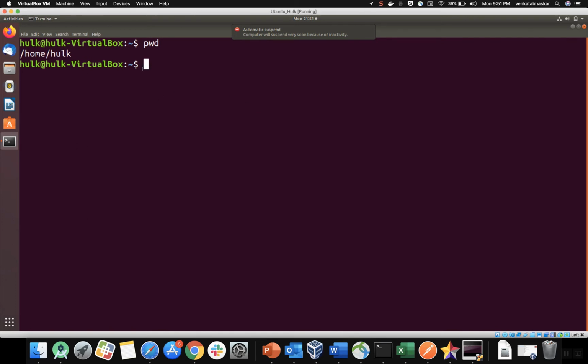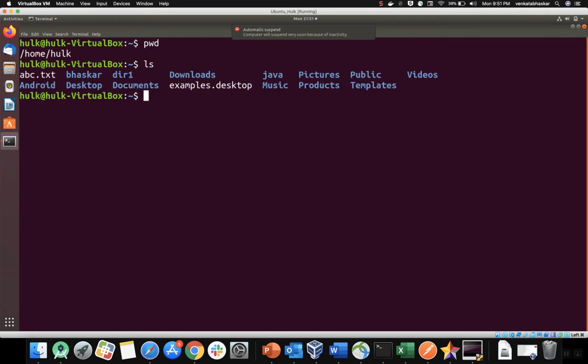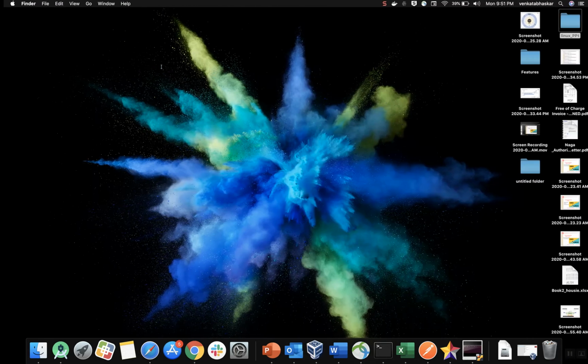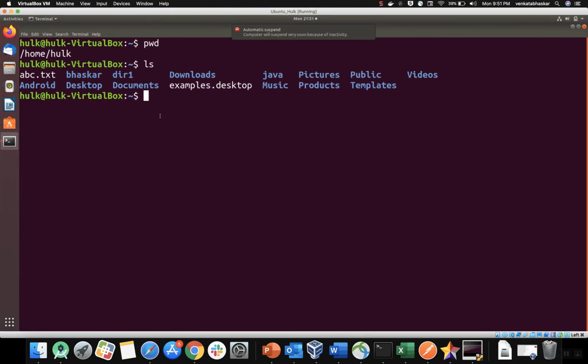Now simply I will use the ls command. See, it will display all the files without an argument. And next, ls space hyphen r. Now I am passing the argument hyphen r. What will it display? It will display in reverse order. If you observe here, starting with ABC, B, D, C, this is alphabetical order. Now if I use this command, it will display in reverse order. First it will display templates, then product, then music.